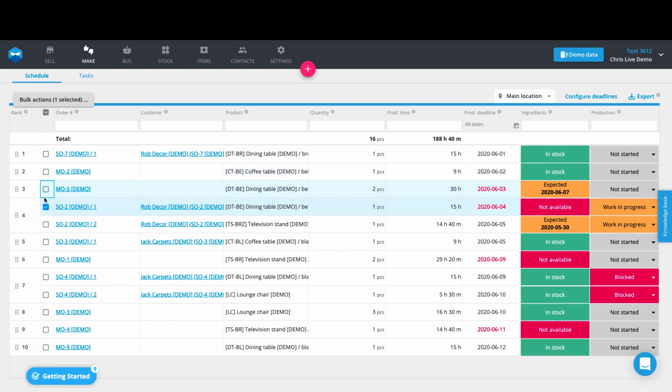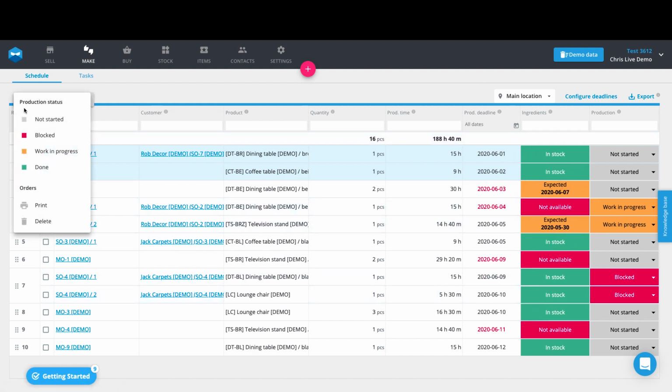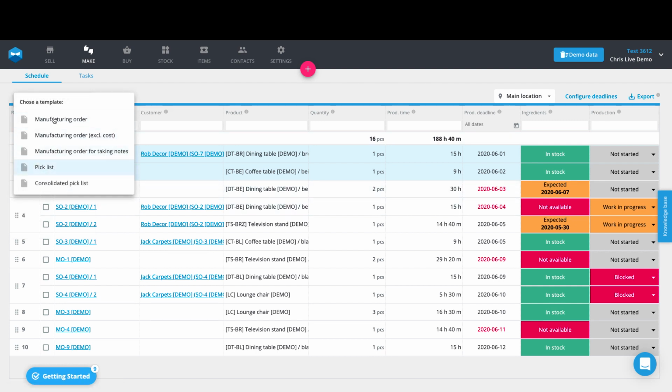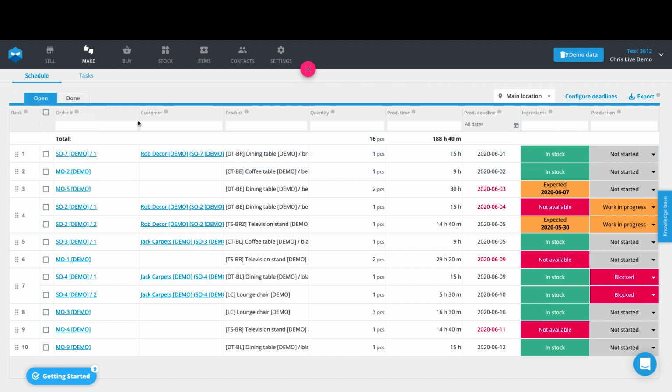If you're issuing manufacturing orders to your team, you can either use our shop floor app, which allows you to add floor operators that will be performing operations to complete these manufacturing orders and updating this platform in live, or you can actually generate printout orders for your manufacturing, which will include all of the process steps, also pick lists, or you can create consolidated pick lists which your team can use to pull stock from inventory before they start